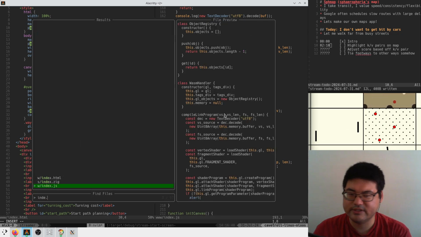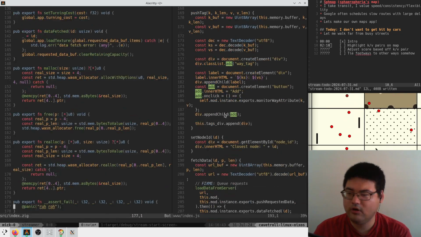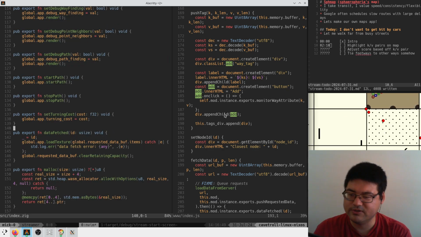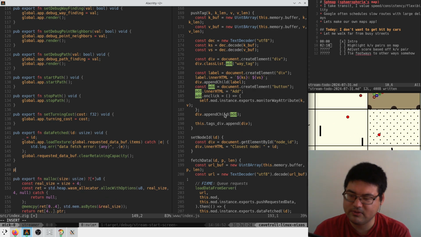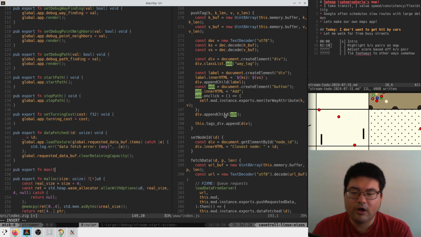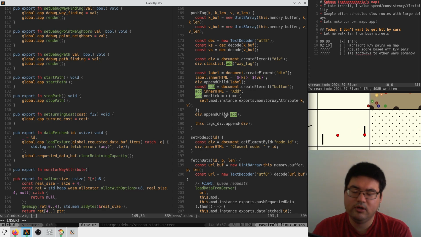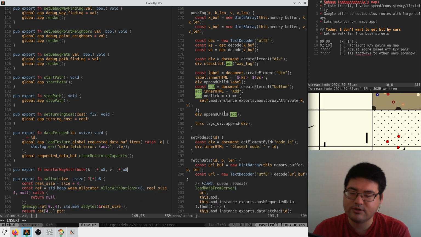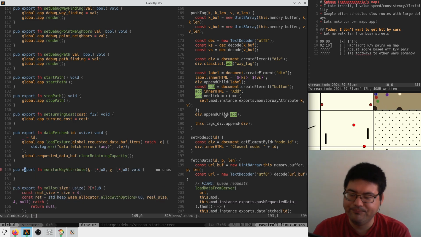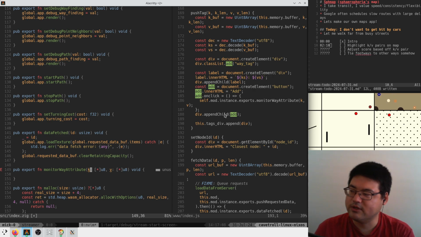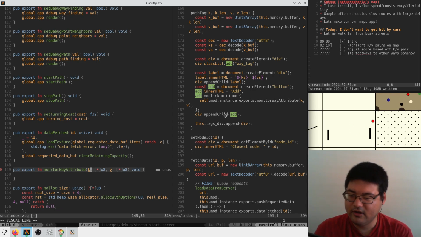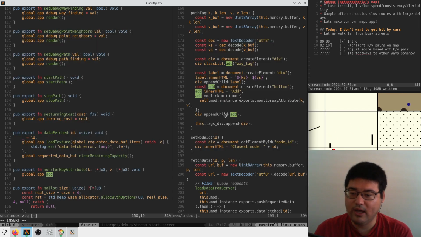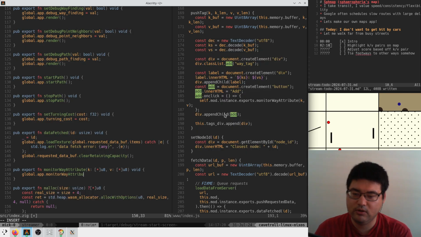And then in index.zig, we need to add that function called monitor way attribute. So this is going to go over here somewhere with all of the other things that the JavaScript can say to us. Monitor way attribute. It's going to get key, which is a pointer to U8, and value, which is a pointer to U8. And we actually don't need their lengths, because we can search our string table for these addresses, and that will tell us the indexes that we need, which is a little shitty, but it's fine. So add or monitor way attribute,